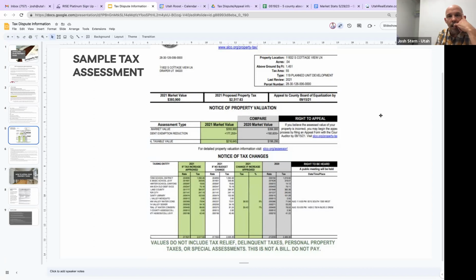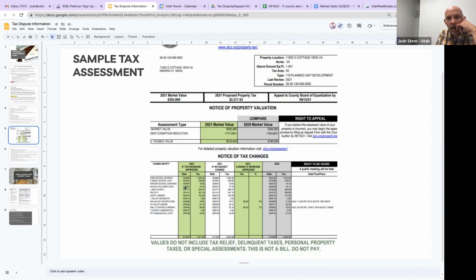All right. It'll tell you what last year's market value was, and what it's been adjusted to for this year. That's your total taxable value right here. And then down here, it'll show you where all of these taxes are coming from, right? So here's your mill rate,